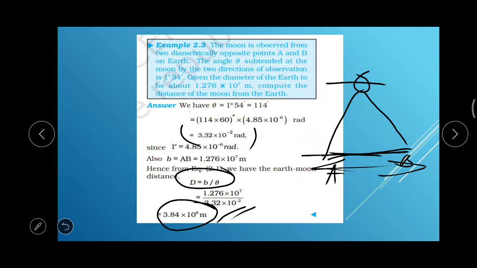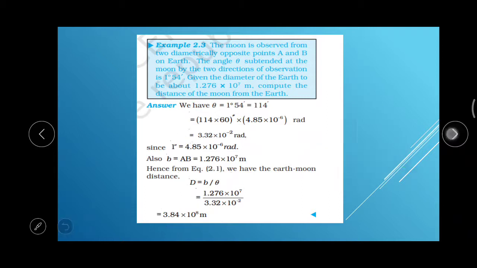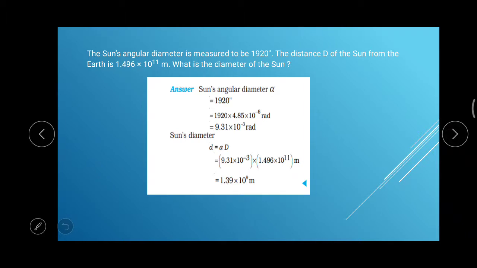Okay, so regarding that question, example 2.3, now come to 2.4. The sun's angular diameter is measured to be 1920 seconds. The distance d of the sun from the earth is 1.496 x 10^11 meters. What is the diameter of the sun? That is the question. So that is the entire opposite of the parallax method